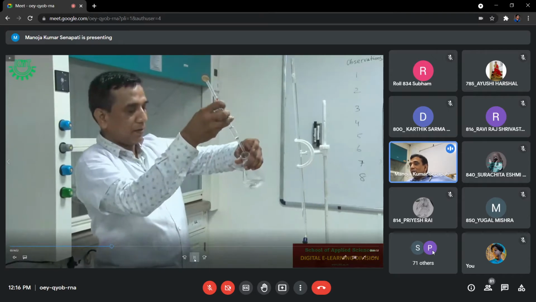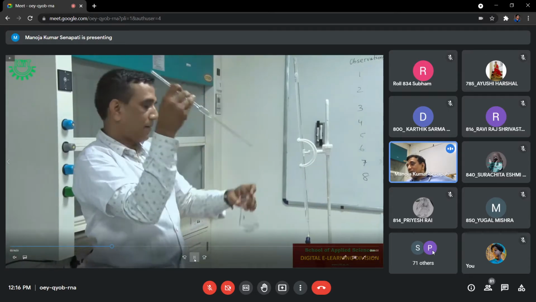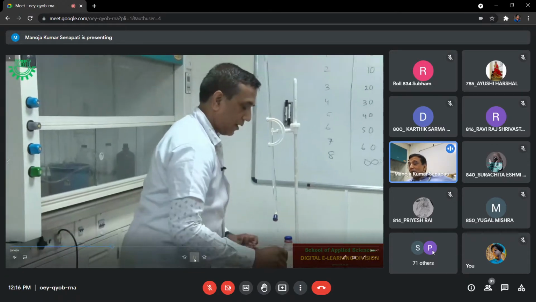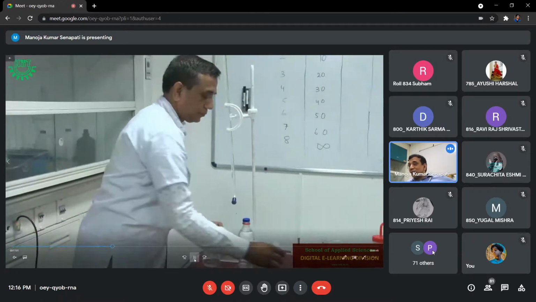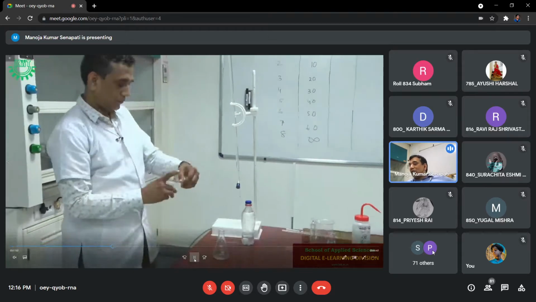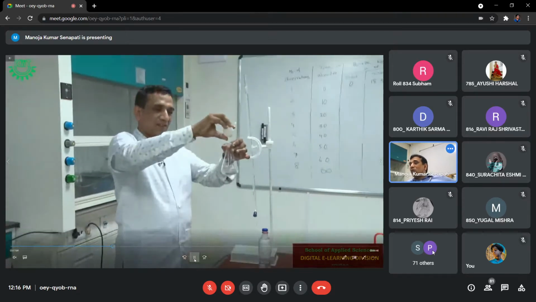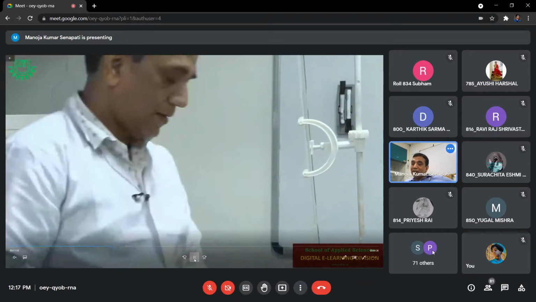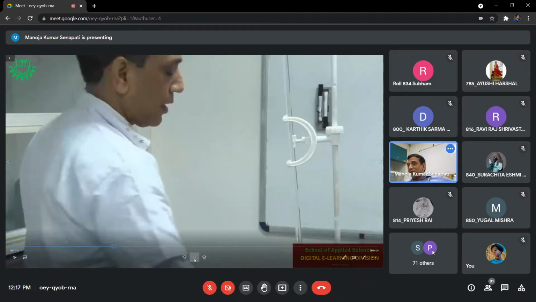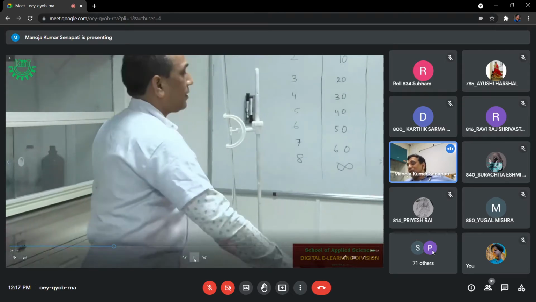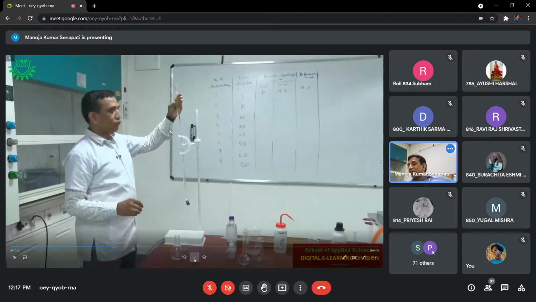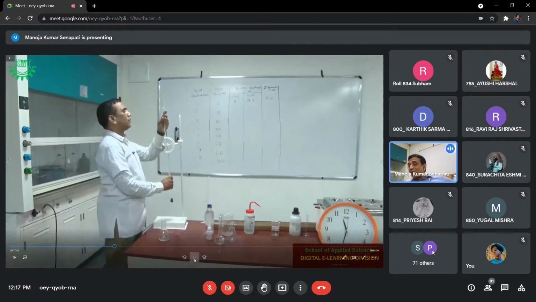So now the normal procedure: add phenolphthalein, carry out the test. And here, as you know, the difference will be more than what you got in the previous observation. So don't add drop by drop from the beginning. You go on adding directly that much solution which you added in your first observation, because your reading must be more, or it may be the same if there is no hydrolysis, but it cannot be less than that.